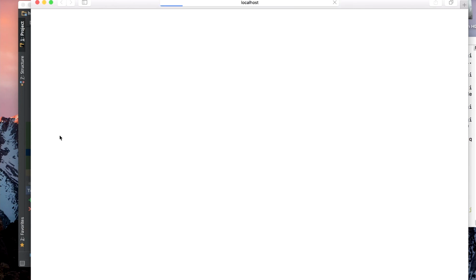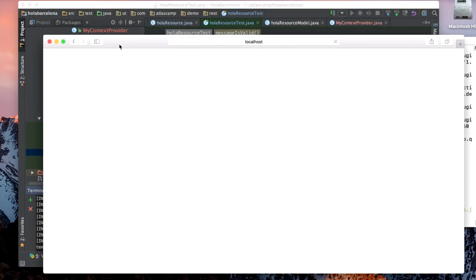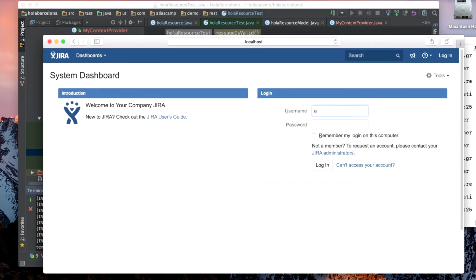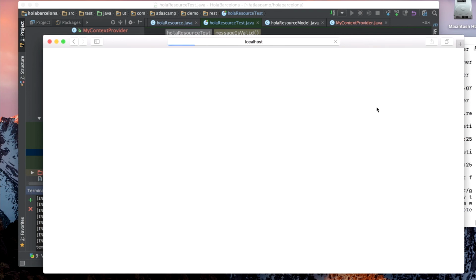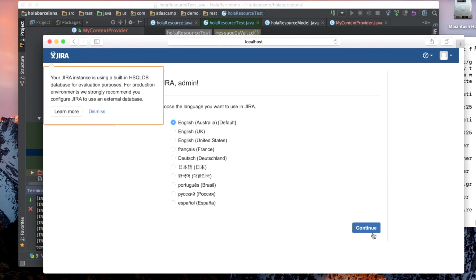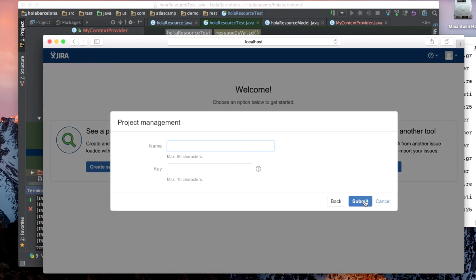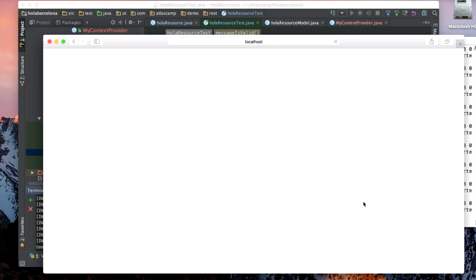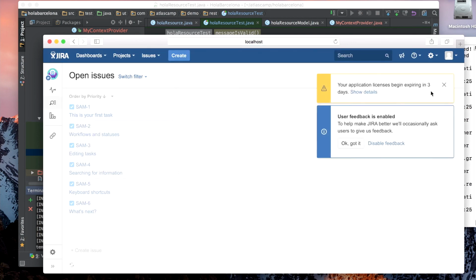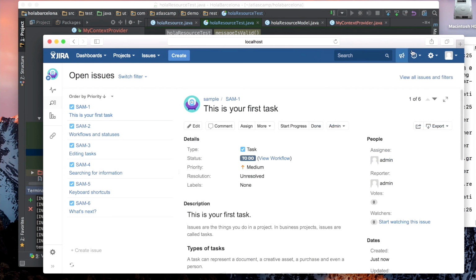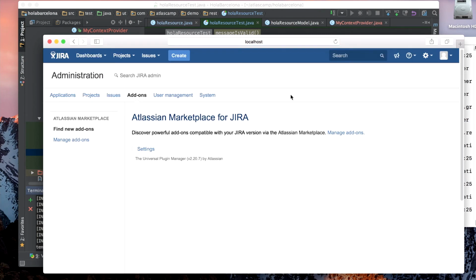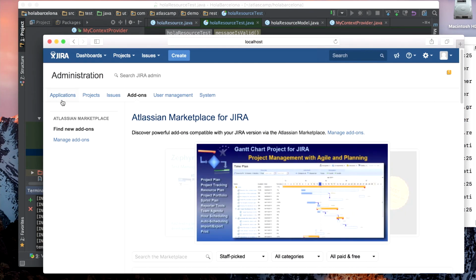And so now if we go back to our site, and log in. The reason I'm having to do this is because I actually cleared my plugin directory using a Maven clean before I did this last part of the tutorial because I made some errors and I actually wanted to repull it from GitHub. From the Git repository, just to explain. So now if we go into the add-ons menu, it'll take us to administration, and